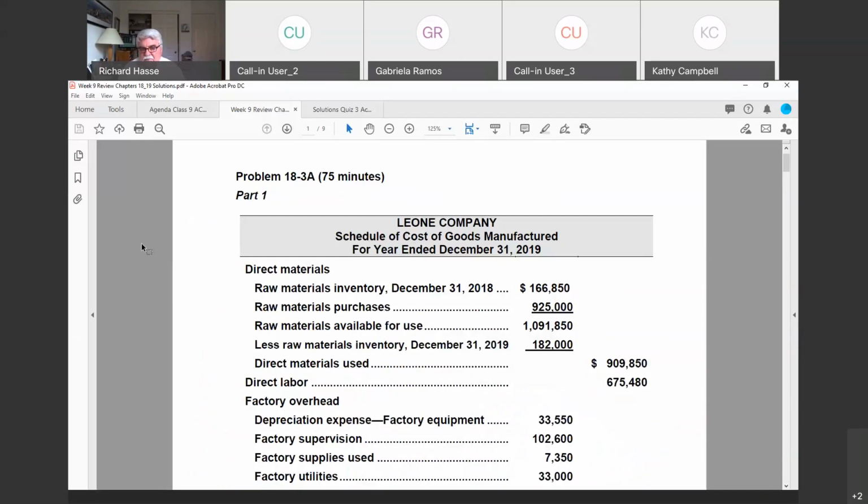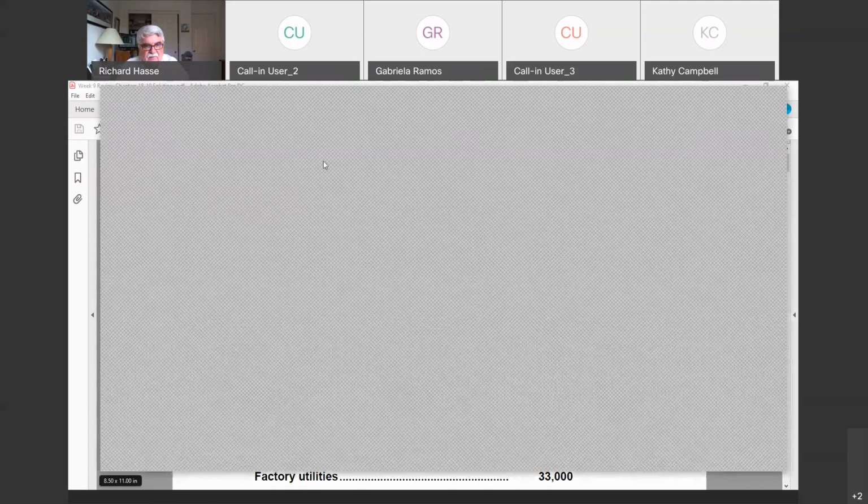Again, remember the financial statements of the company that we've been looking at throughout our course have been the income statement, the balance sheet, the statement of cash flows, and the retained earnings or equity statement of a company. But now we're taking a look at the latter part of our class with this, and I want to bring this up here.